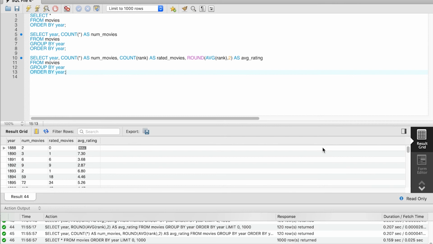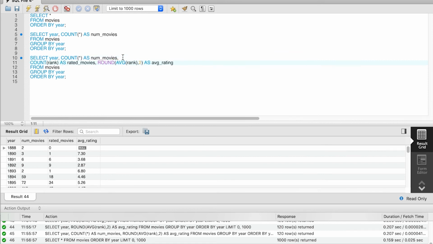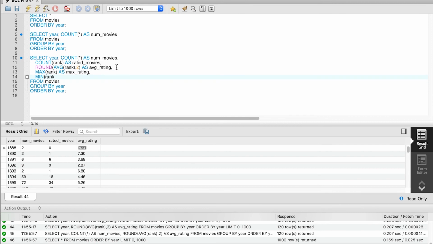Now, let's do one final modification of our query, and let's try to add a few more aggregates. We have the average rating. Let's try to add also the numeric aggregate functions of minimum, maximum, and standard deviation to calculate the corresponding aggregates for the rank. So we add max rank as max rating, min rank as min rating, round stdev rank, 2 as stddev rating.